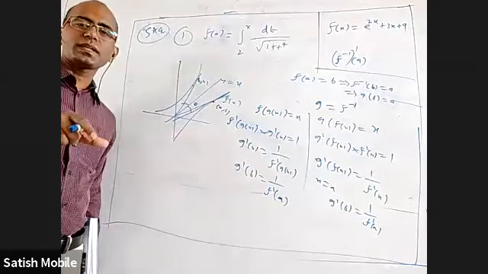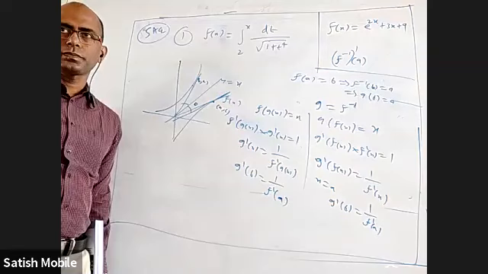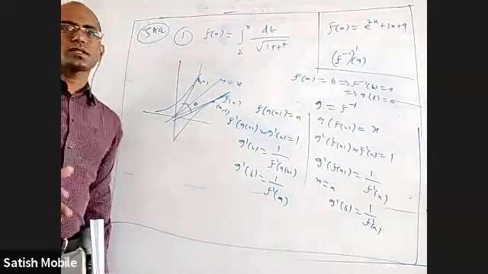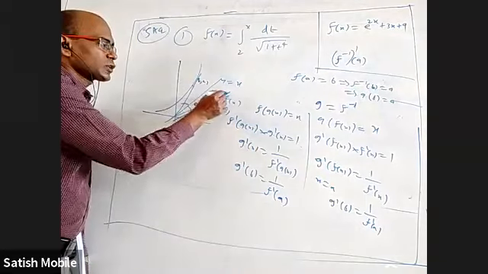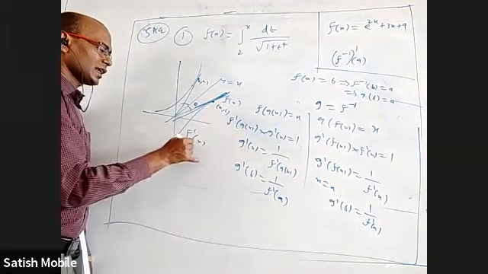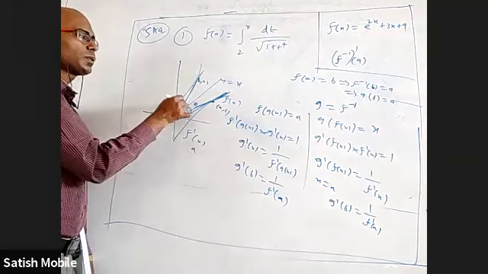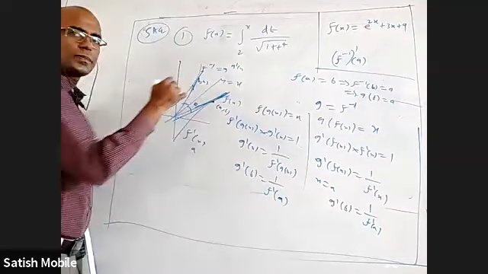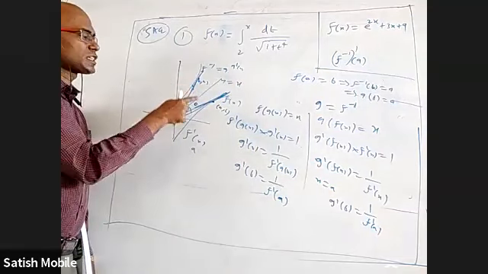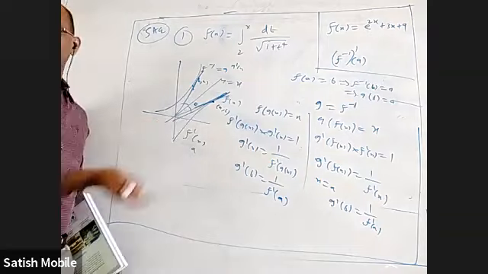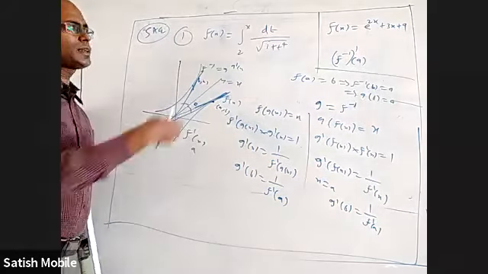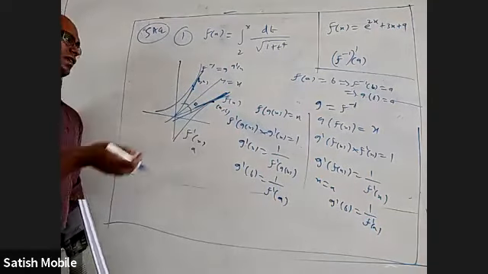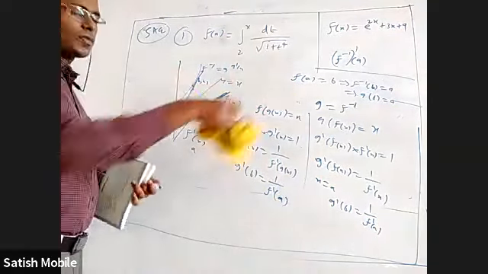But you know tan(45 + theta) is the reciprocal of tan(45 - theta), because one is (1 - tan theta)/(1 + tan theta) and the other one is (1 + tan theta)/(1 - tan theta). So what is this slope? f'(x) at a. What is this slope? This is the inverse function, f inverse, or g'(x) at b. So g'(x) at b is the reciprocal of f'(x) at a. So I'm mentioning the same point in 3-4 different ways. One is this, one is this, one is dy/dx is the reciprocal of dx/dy, one is from the graph. Okay, all this we have done in first year.